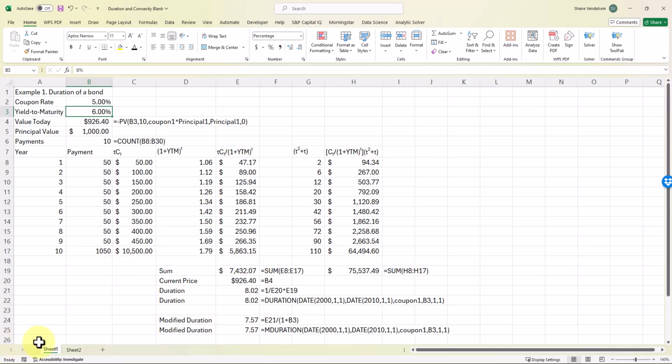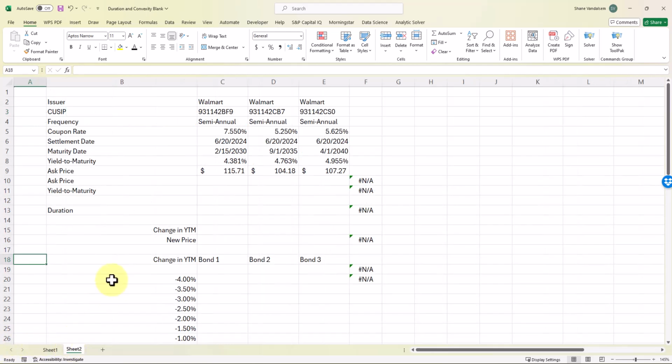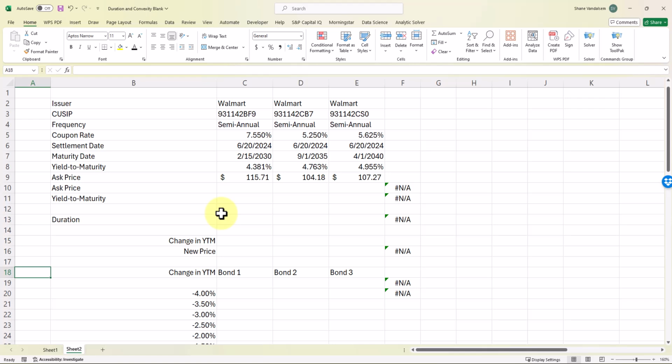So now let's go to sheet 2. On sheet 2, I've got 3 different bonds. They're all by Walmart. I wanted to use the same company and they all have the same bond rating. Walmart has a AA bond rating. I'm using the settlement date of 6/20/2024. I'm recording this on 6/18/2024, and I've got the actual ask price for the bond out there and the actual yield to maturity. We're going to verify these, and we're also going to